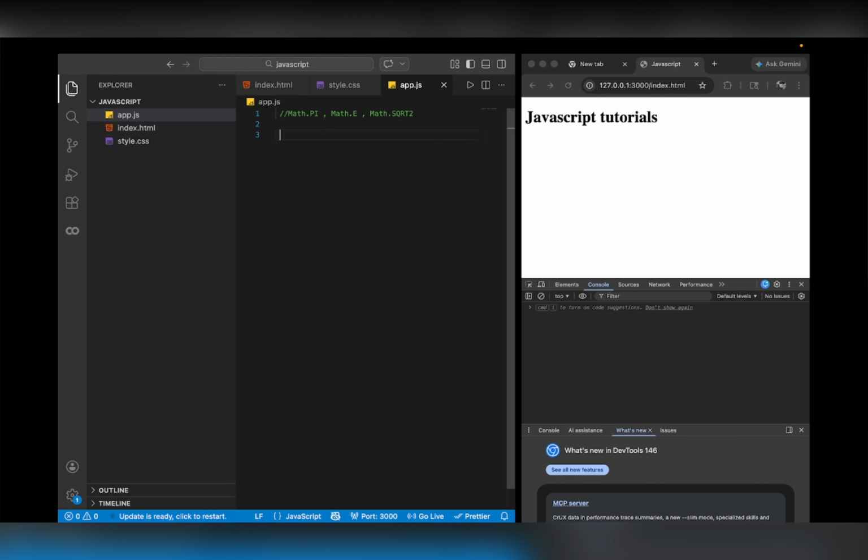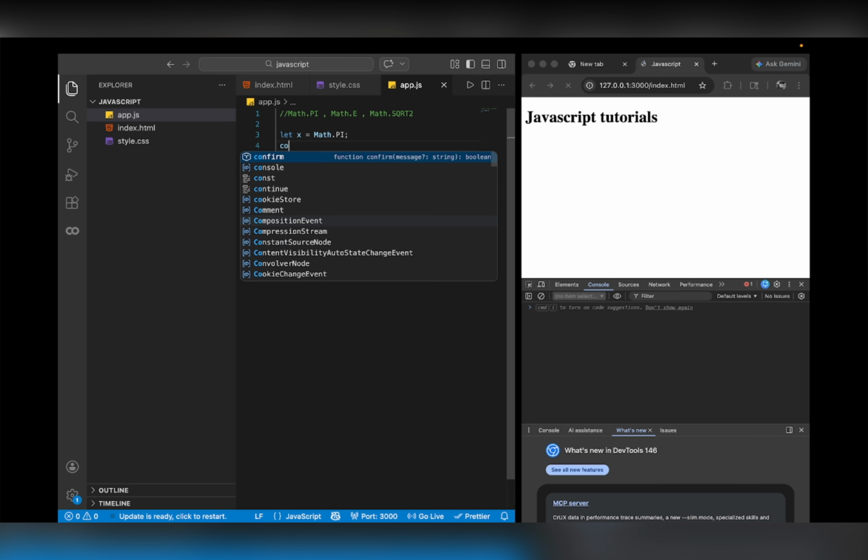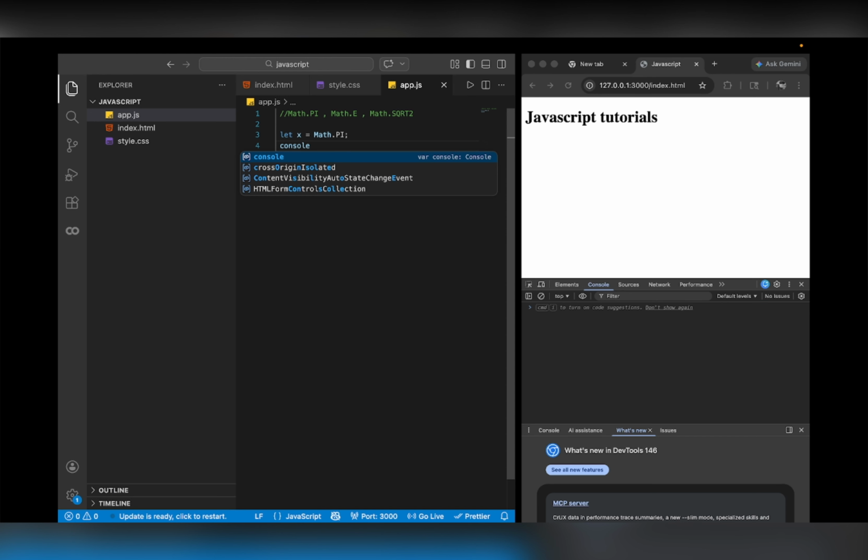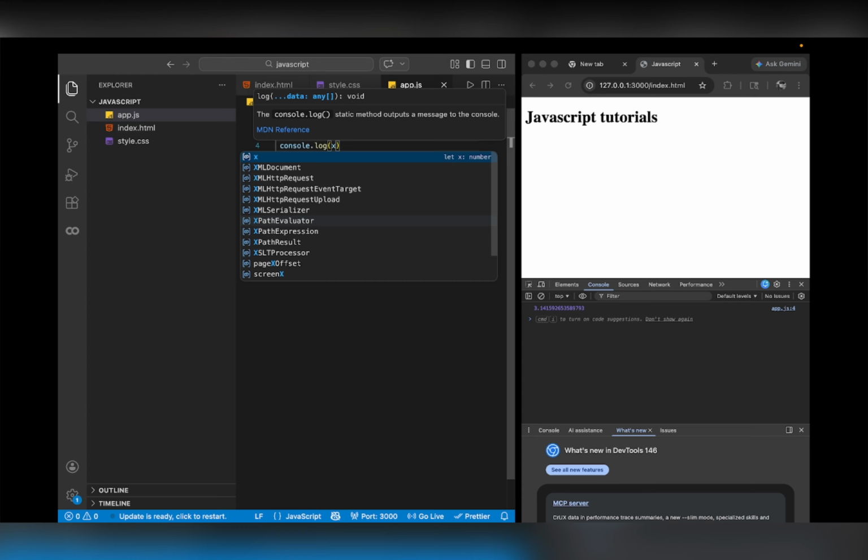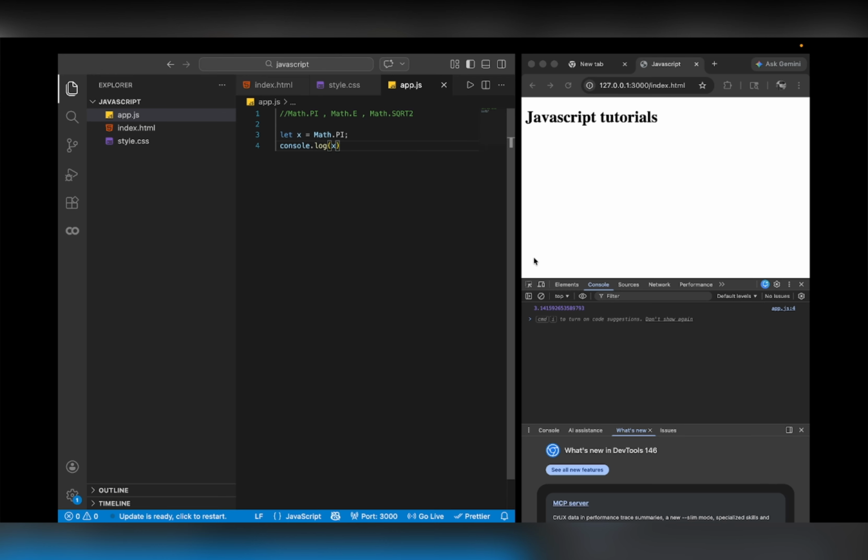सकते हैं। लेट्स सी, जैसे कि हम लोग डिक्लेयर करते हैं एक वेरिएबल x, इसका वैल्यू रहेगा Math.PI और उसे प्रिंट करते हैं कंसोल पे console.log x। सो आप यहाँ पे देख सकते हो कि x का वैल्यू यहाँ पे प्रिंट हो चुका है जो पाई के वैल्यू जैसा है। अगर हमें इसे यूलर्स नंबर में कन्वर्ट करना है तो Math.E करेंगे, यहाँ पे यूलर्स नंबर आ गया। अगर हमें स्क्वायर रूट ऑफ 2 चाहिए तो SQRT2 कर देंगे तो आ जाएगा।